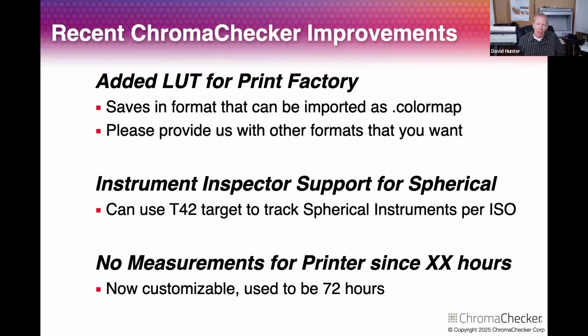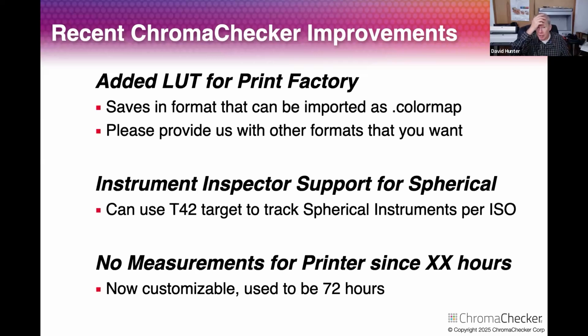Another new improvement for all you Print Factory users out there is we now support the LUT for the Print Factory. So using any of our tools that build spot color lookup tables, you can save it as a .color map file, import it into your Print Factory, and now you've got a LUT for that. If you have other RIPs that have custom LUTs that you want us to support, please do this. Make a LUT from your RIP software, export it, or give us a file that you can import into the RIP so we see the format of it. Get it to us, Pierre@ChromaChecker.com or support@ChromaChecker.com,